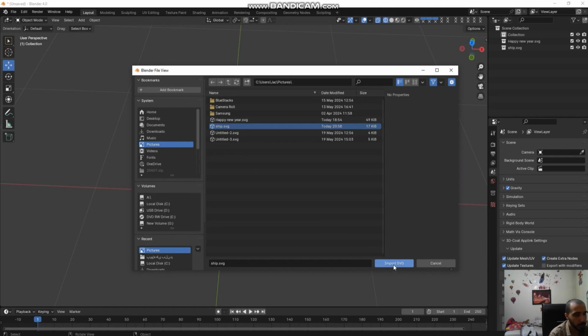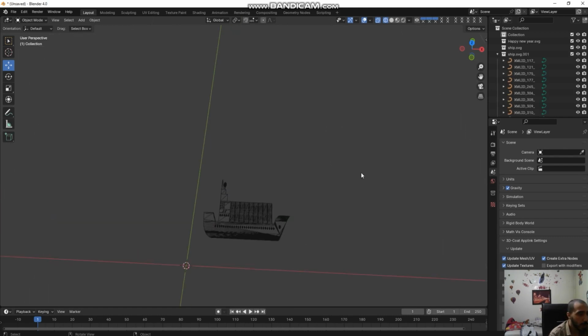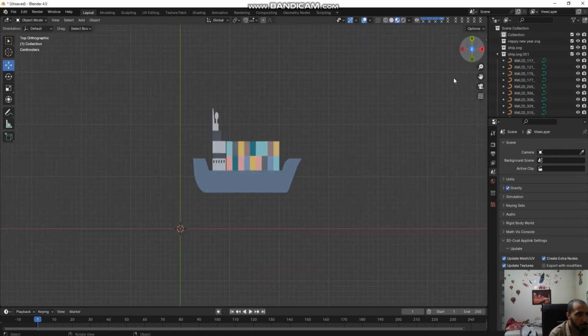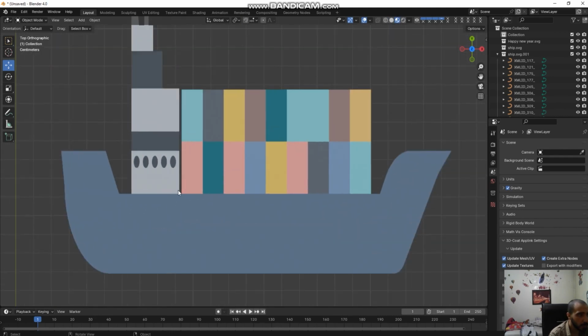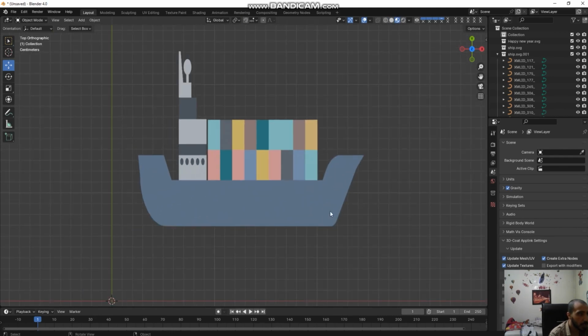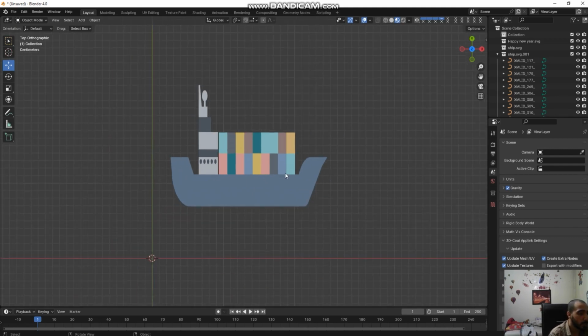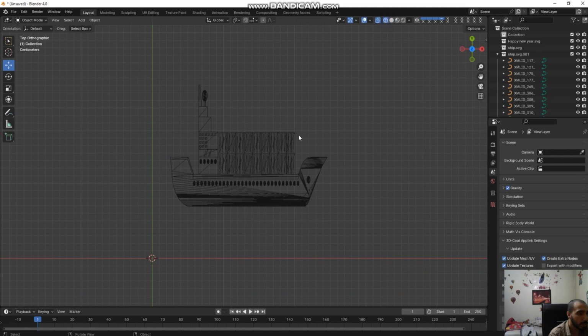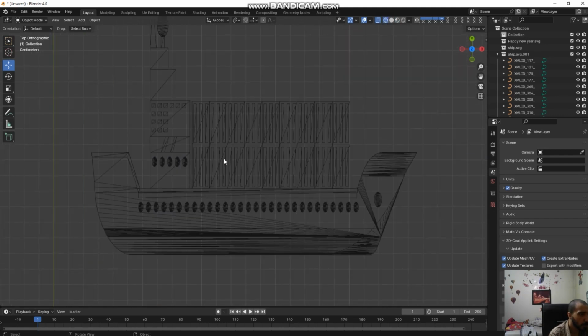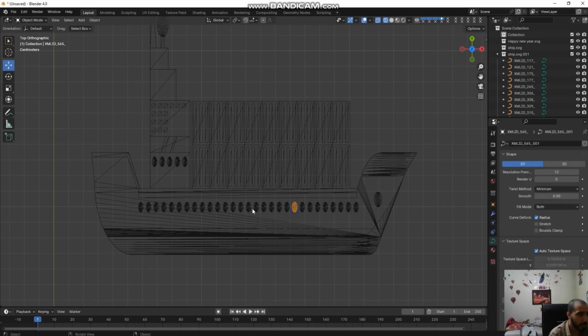Import SVGs. If you have seen this, yes, we have so many parts on this ship. For example, this container and this ship and everything, so that you have seen here. So my friend, to convert all of these parts of this ship to the 3D object, you should select all of